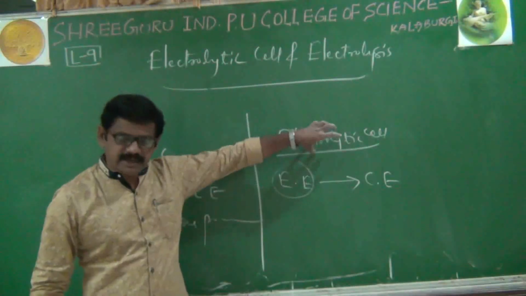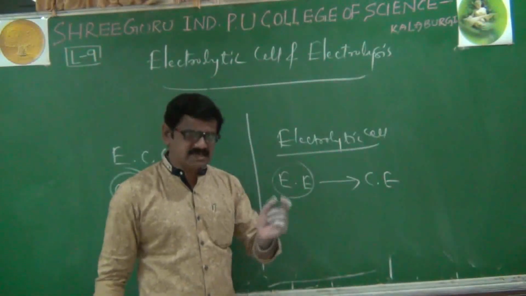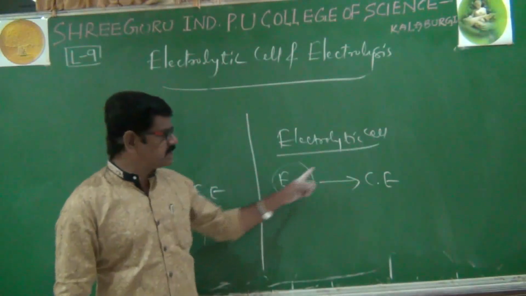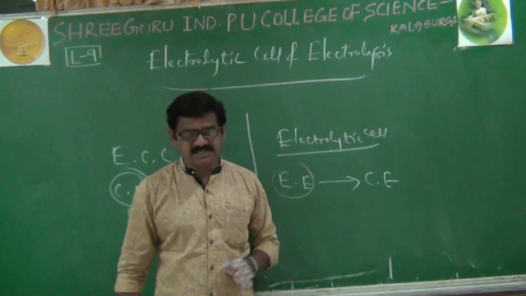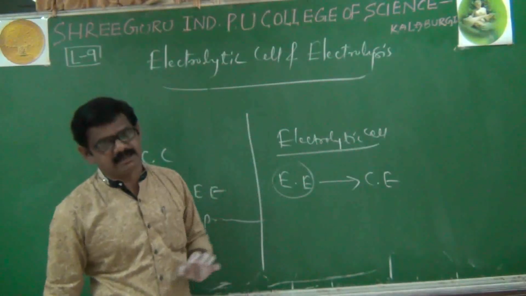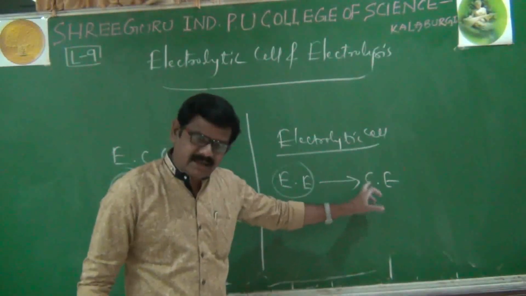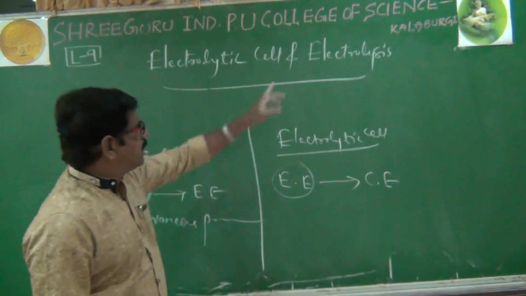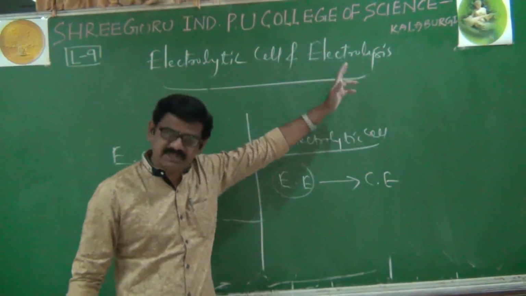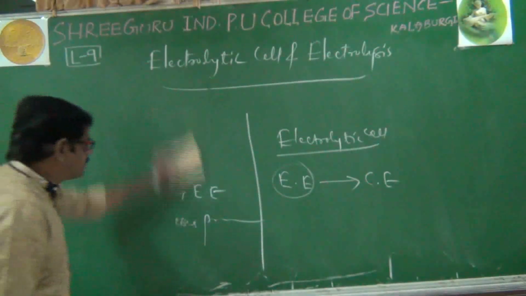Now we will discuss the electrolytic cell as well as the electrolysis process. First we will define what an electrolytic cell is. Very simple. A cell in which electrical energy is converted to chemical energy is called an electrolytic cell. And of course, an electrolytic cell is a non-spontaneous cell. A non-spontaneous process takes place here, meaning due to current, chemical reactions take place. Right. Now, I will explain the electrolysis process. But before we discuss the electrolysis process, we will discuss a general example. One general example I will explain. Try to understand.